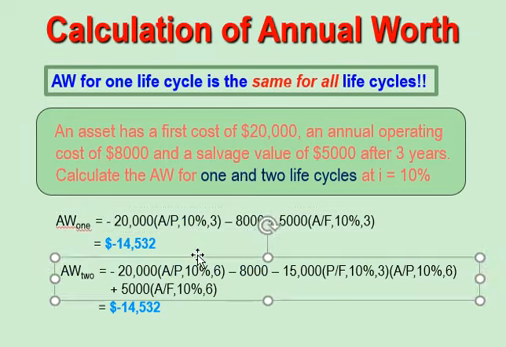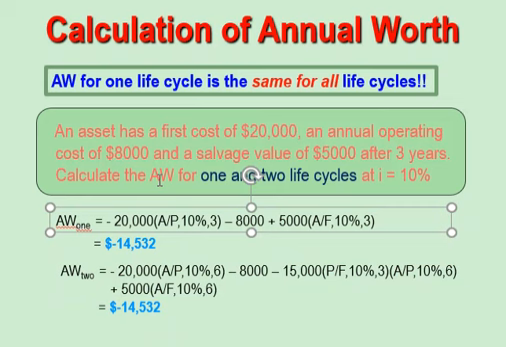You know what? I'm gonna solve this question. And I want to see how much I'm paying within a year. Within 1 life cycle. And then I'm gonna solve for it and get the AW within 2 life cycles. And I want to see whether there is a difference or not. To solve for AW,